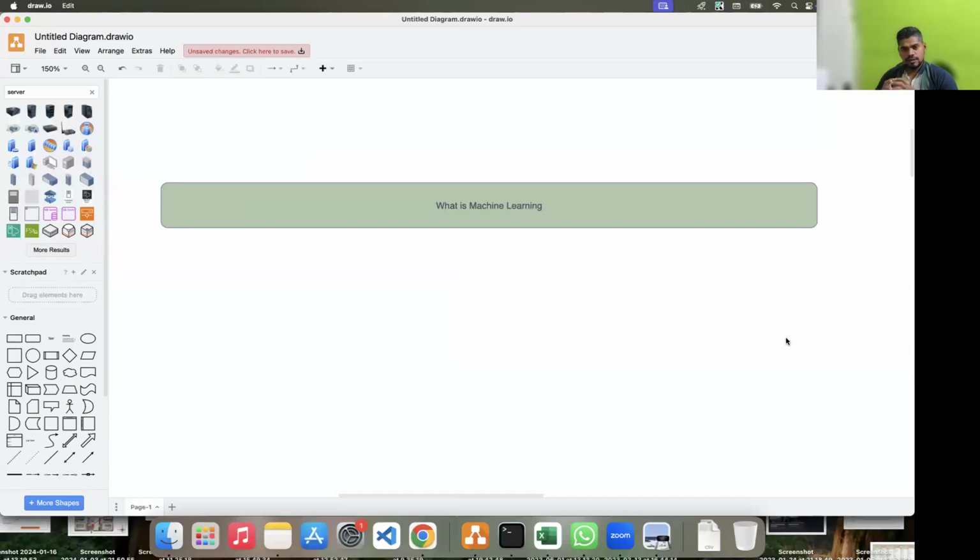So basically, for every machine learning model, one common thing that you would find is a set of,